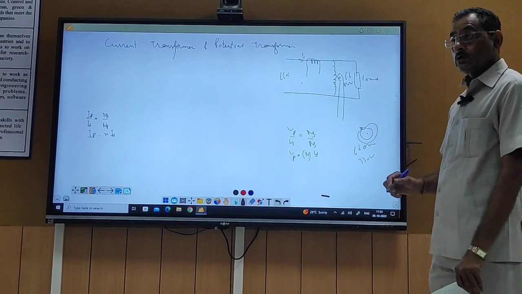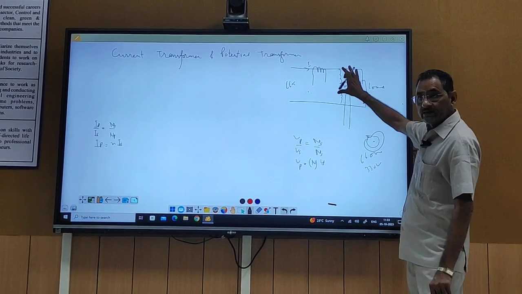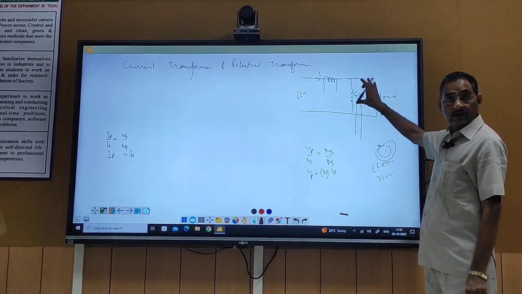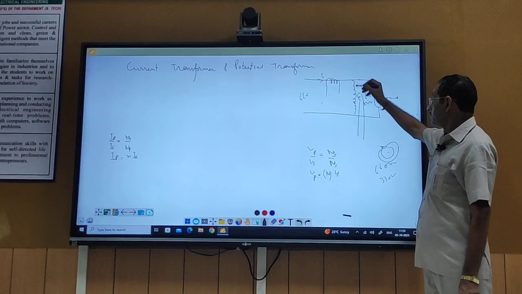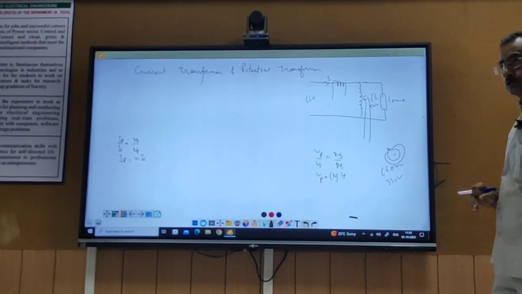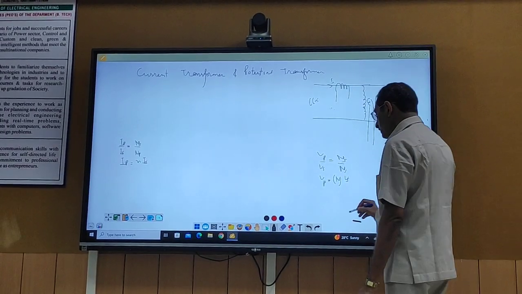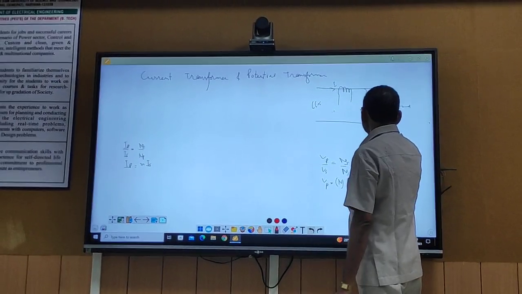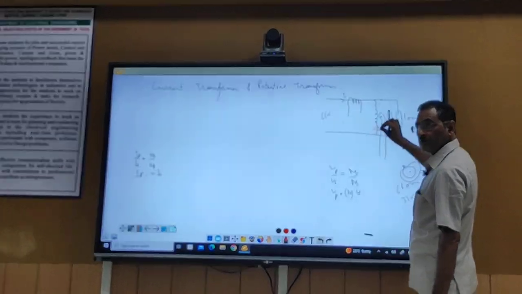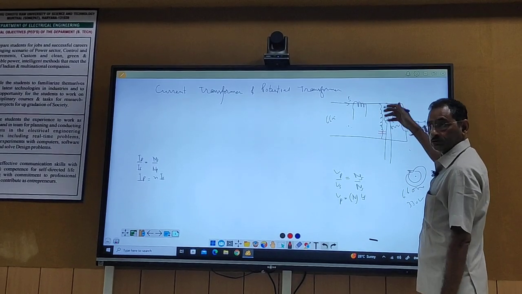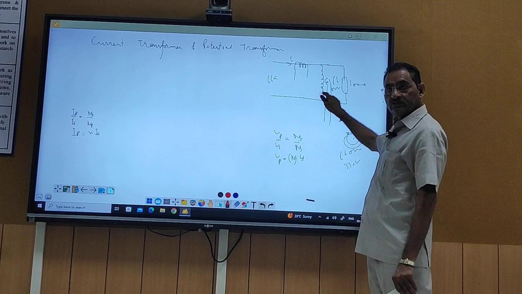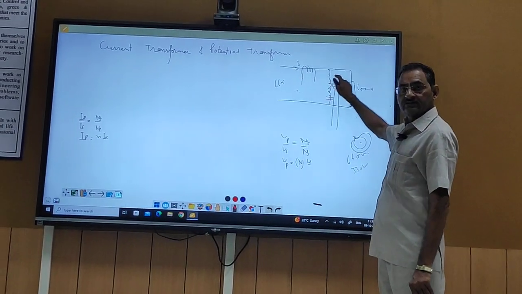Now you see, even if the primary side has 66 kV voltage and you connect this, the number of turns is very high. But sometimes, in place of doing this, we may connect a capacitor here. So what will happen? Maximum voltage will be here, and this voltage will be small, proportionate. We know how the voltage will be divided. The impedance of this is 1/j omega C, the impedance of this is X, so it can be divided.